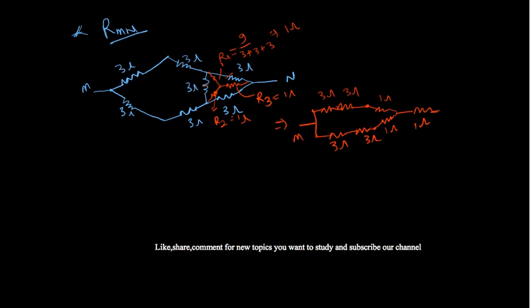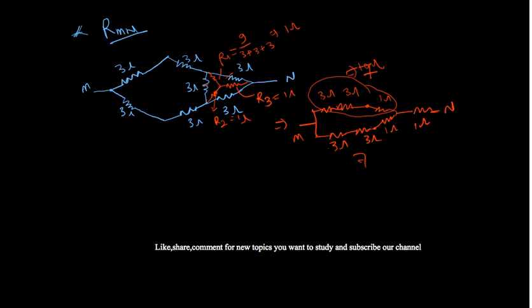Now you see, these three are in series. I have already given one lecture on how to deal with series and parallel resistances; that video is available, the link is available in this video, so you can follow that. So this will be 3 plus 3 plus 1, so this will become 9 plus 1 means 10 ohms, sorry, 7 ohms, not 10. And again this also will become 7 ohms.